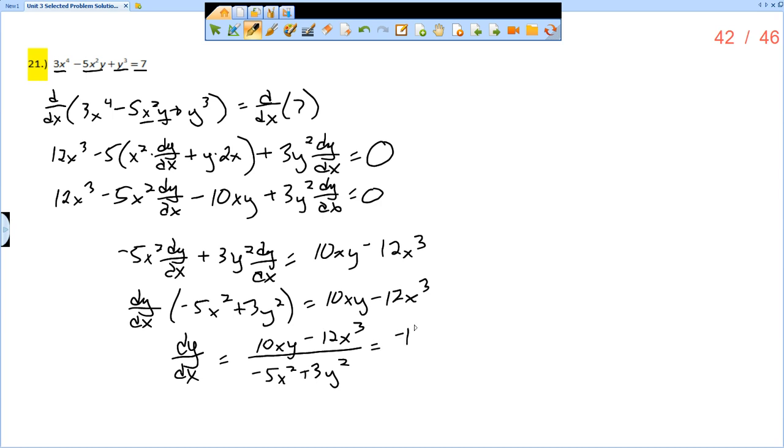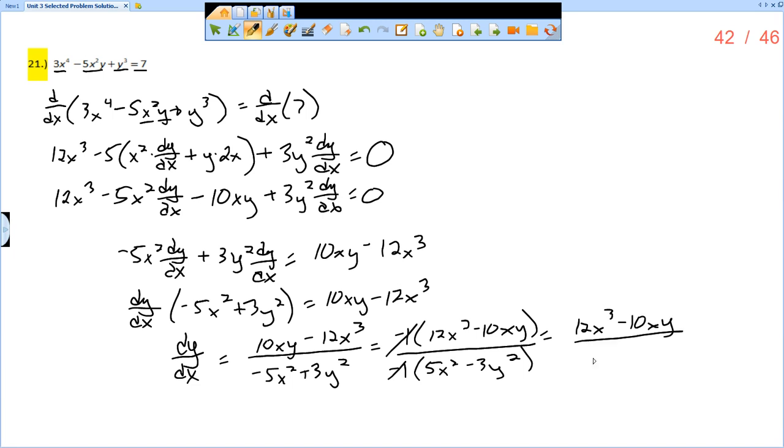So you could factor out a negative 1 in the numerator, which would give you 12x cubed minus 10xy. And you could factor out a negative 1 in the denominator, which would get you 5x squared minus 3y squared. And then, of course, the negative ones reduce, leaving you with 12x cubed minus 10xy over 5x squared minus 3y squared, which is what